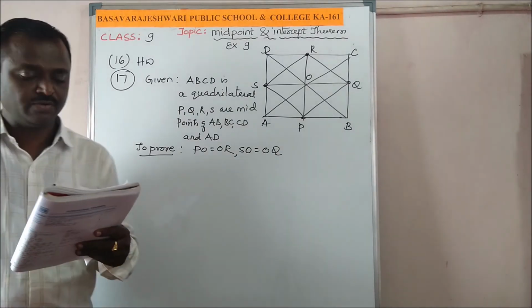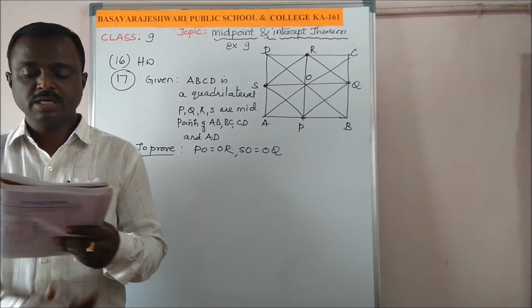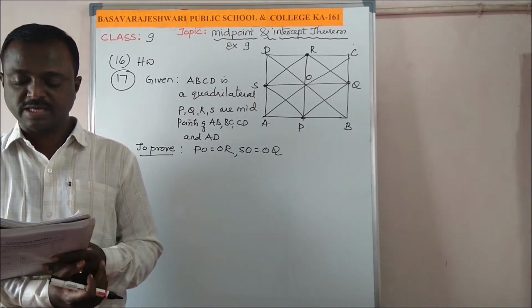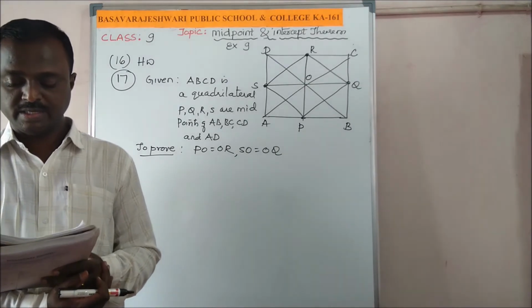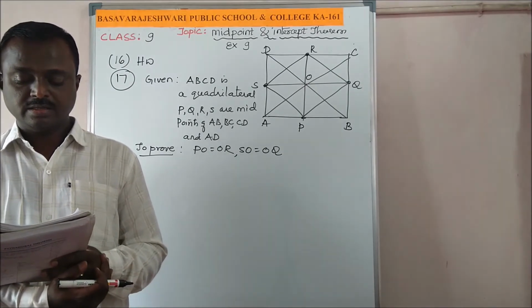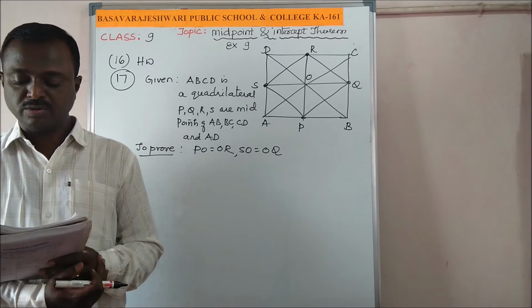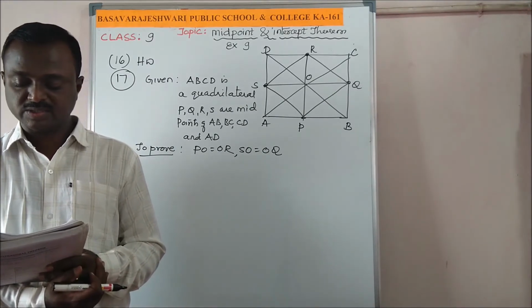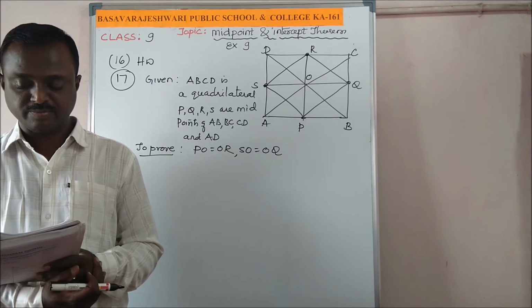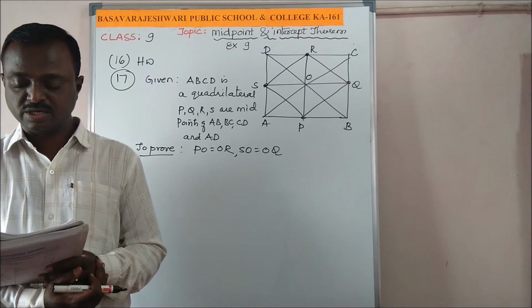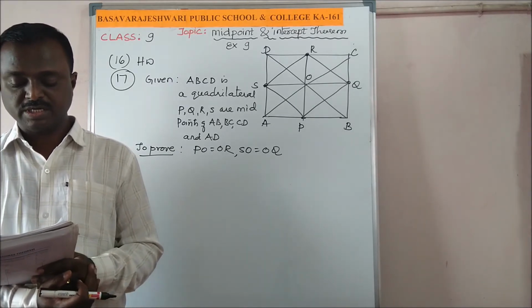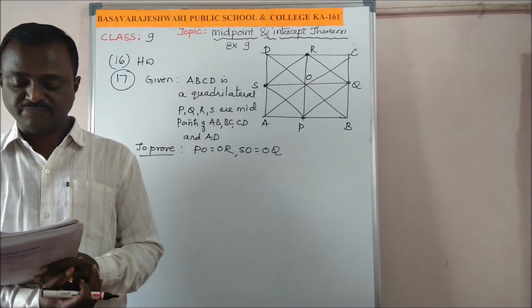Question number 16, I want to give as homework. It is related to the intercept theorem. Two points A and B lie on the same side of the line XY. If AD is perpendicular to XY and BE is also perpendicular to XY, meeting XY in D and E respectively, and C is the midpoint of AB, show that CD is equal to CE. That means we have to draw CF also perpendicular.